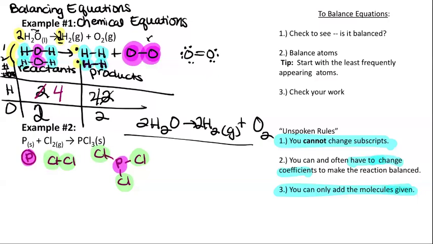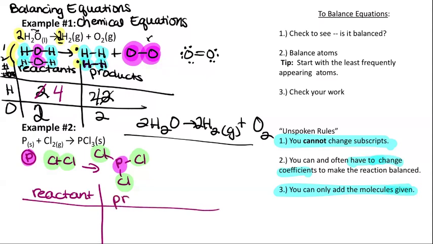reactants to products, that they're not balanced, right? You can see the 3 chlorines on one side and you can see 2 chlorines on the left, but the phosphoruses look balanced. So phosphorus is good, chlorine's not. We know things are going to change. So let's just write our little column. So I have reactants and I have products